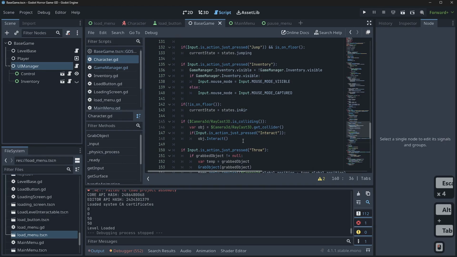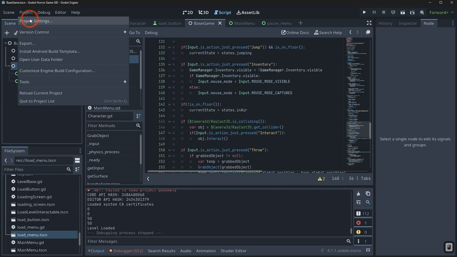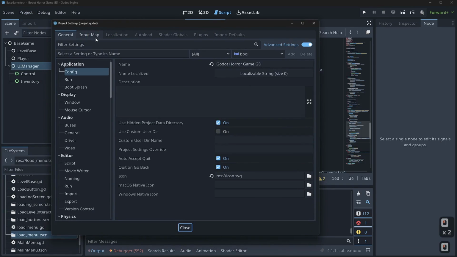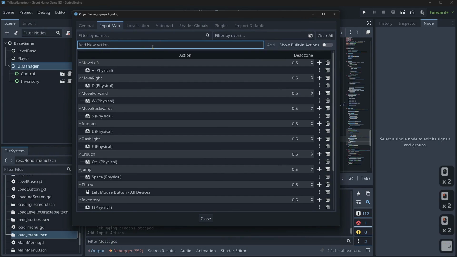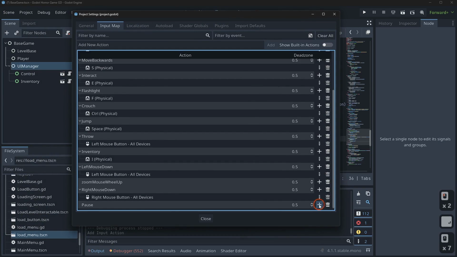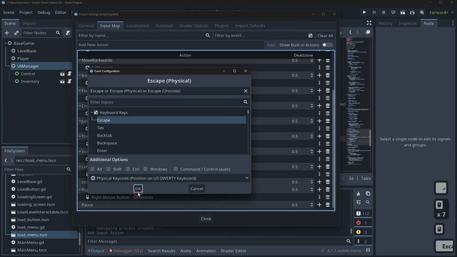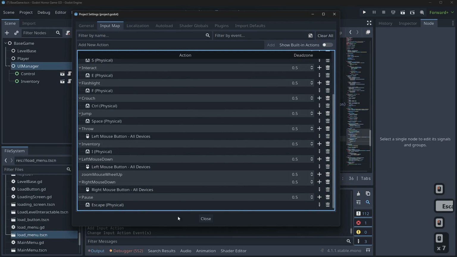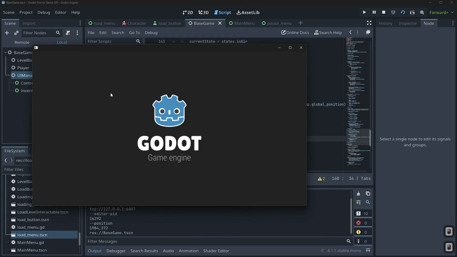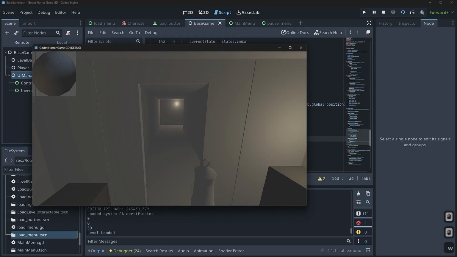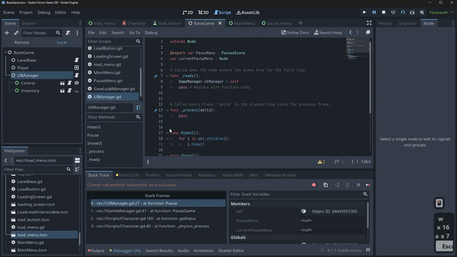And then we just have to hook up our actual button. So we go to project settings, we'll come into input map, and we'll type pause. I believe that's what we called it. And we'll hit enter, and then we'll scroll down, hit the plus icon, hit escape. Okay. And there we go. That's going to hook up our pause. We'll hit close. Then if we hit play, we go to start game, spacebar, we run over here, hit escape,